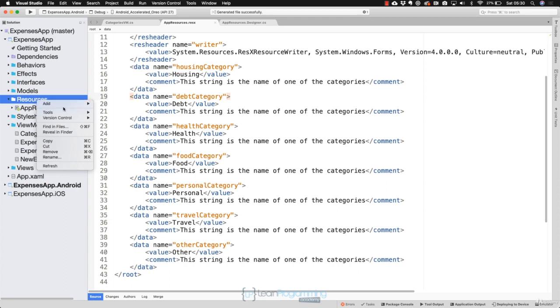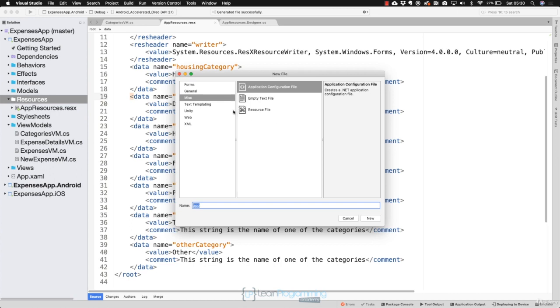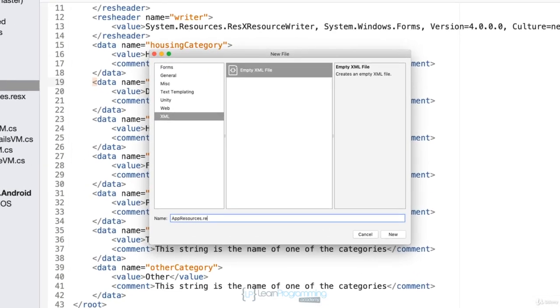So in the resources folder that I have been using, I will create a new file. And again, this won't be a resx file from the resource file template. This will be a resx file, but it won't require the designer.cs file. So I will actually be using the empty XML file template. I will, though, have to make sure that this is called app resources.resx, just the same as my default language. However,